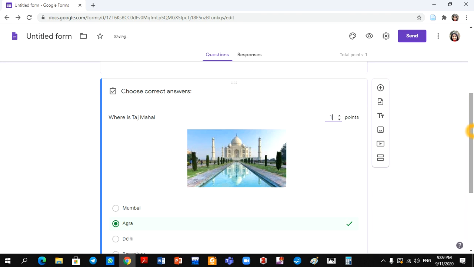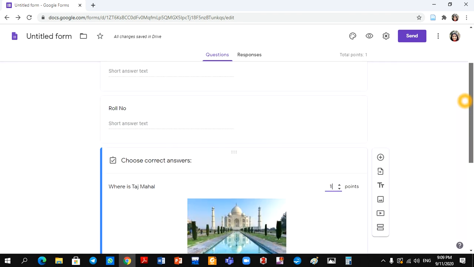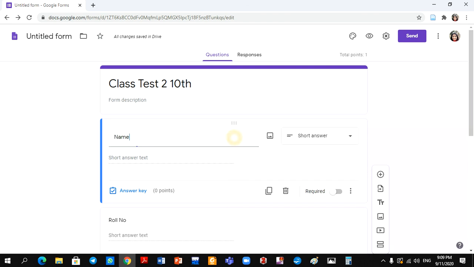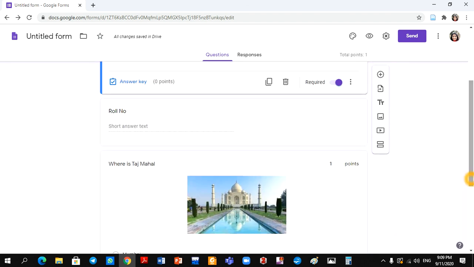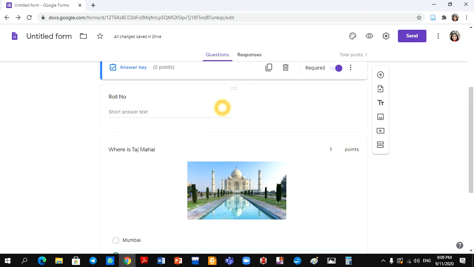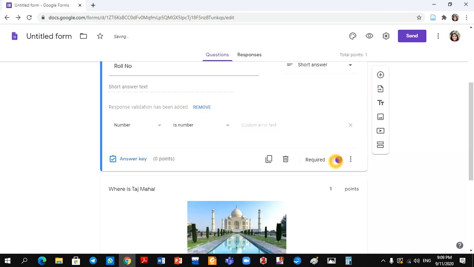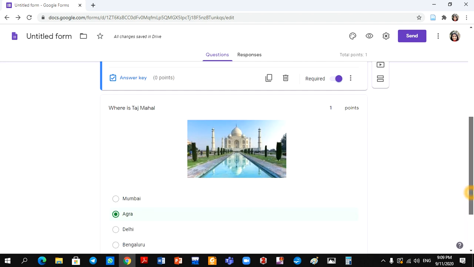All right. So now that this is set, what else we can do is you can make certain questions compulsory. Like if the student is trying to submit a form without writing his name, in order to avoid that, when you click on this question, you have a field here called required. So simply click on it. Required means unless that field is filled, they will not be able to submit the answers. So then this also you can click here and make this required. So name and roll number, make it compulsory to be added.